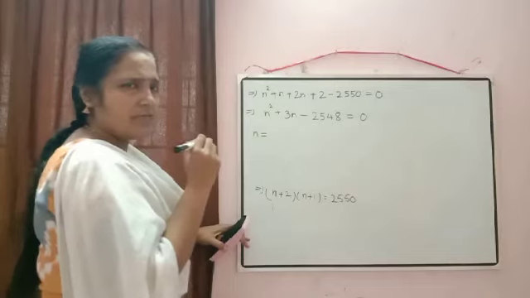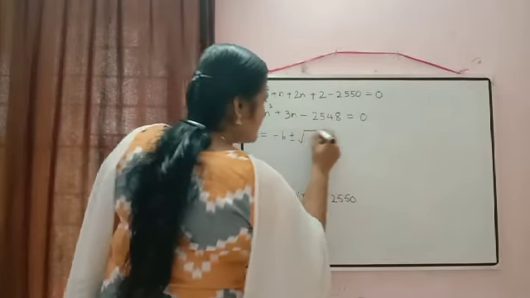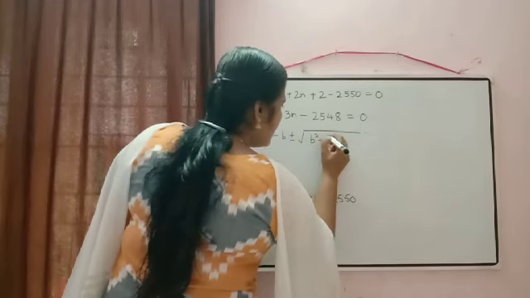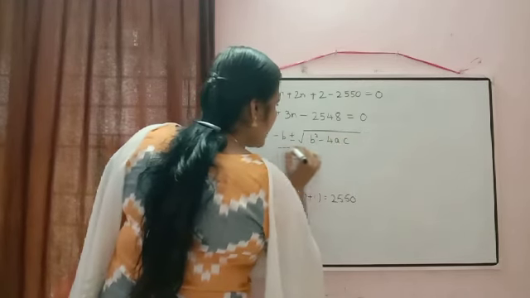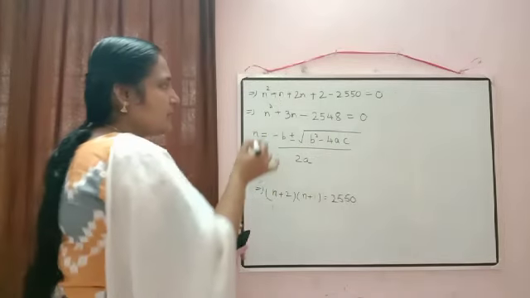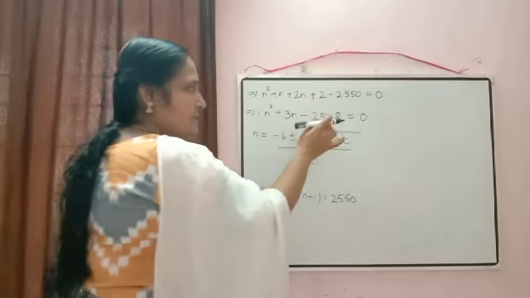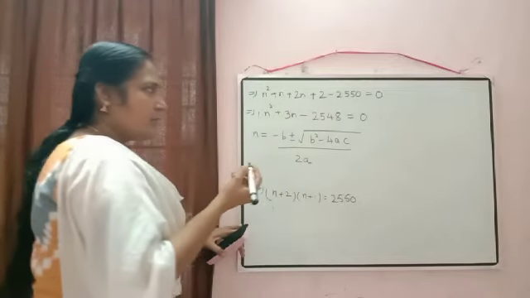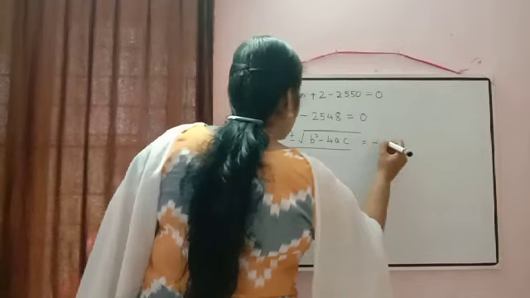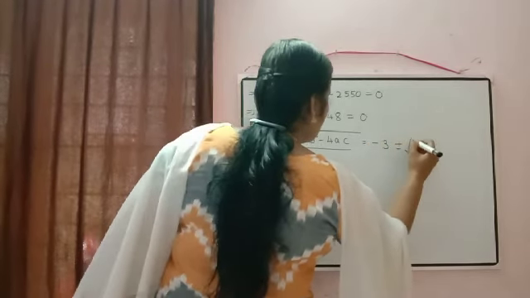What was that quadratic formula? n is equal to minus b plus or minus square root of b square minus 4ac, by 2a. What is a? a means the coefficient of n square, b is the coefficient of n, and c is the constant term. Now just to substitute the value here, in place of b we have 3 here, minus 3 plus or minus square